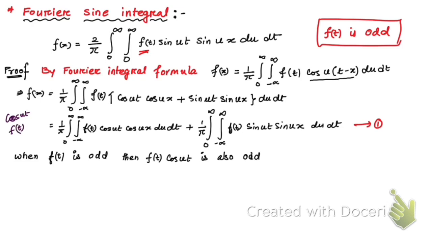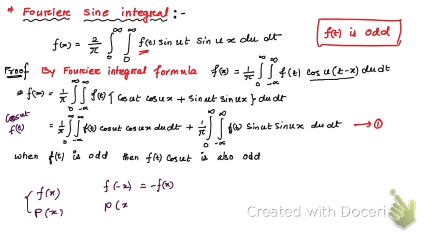So in that case, suppose we have two functions. One is f of x, this is odd. If this is odd, then f of minus x is minus f of x. Then we have an even function, suppose p of x. If p of x is even,